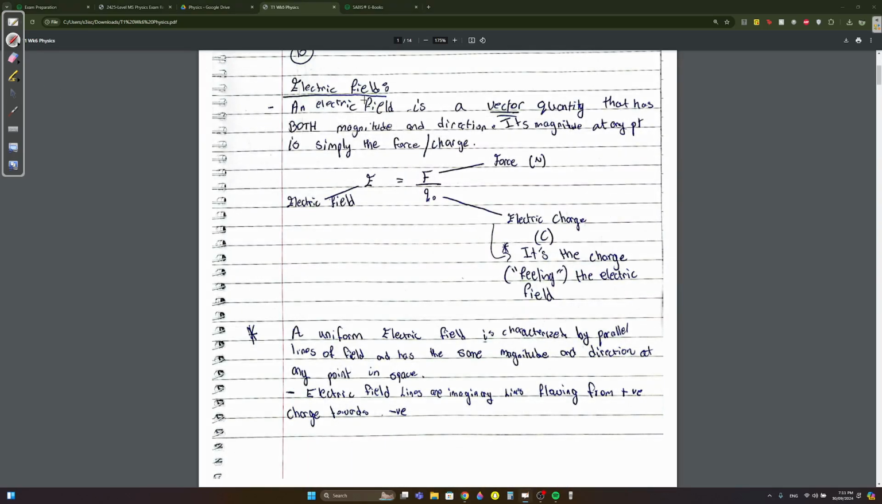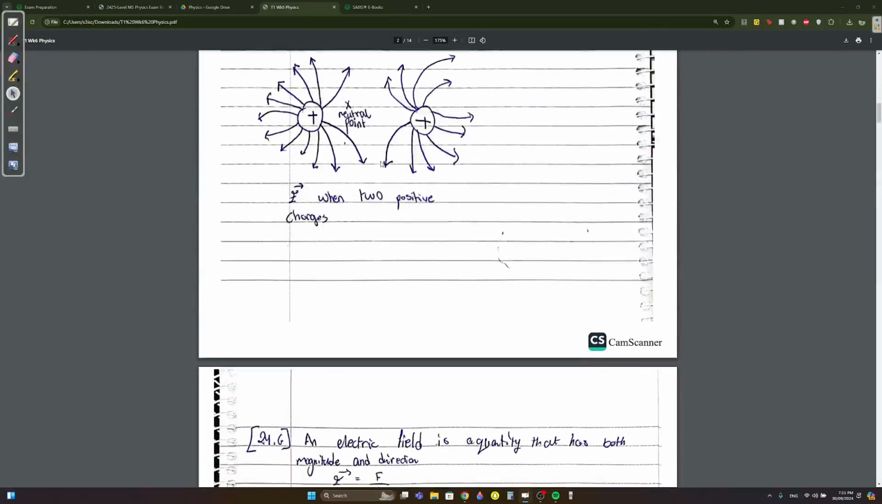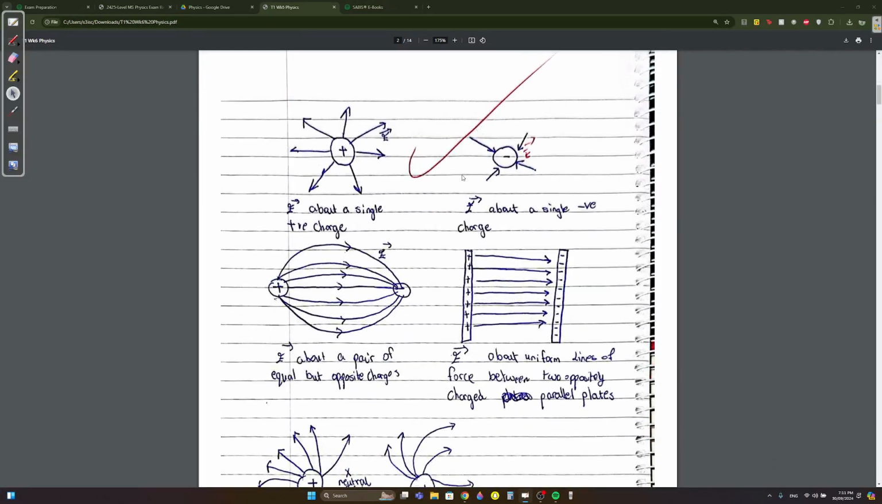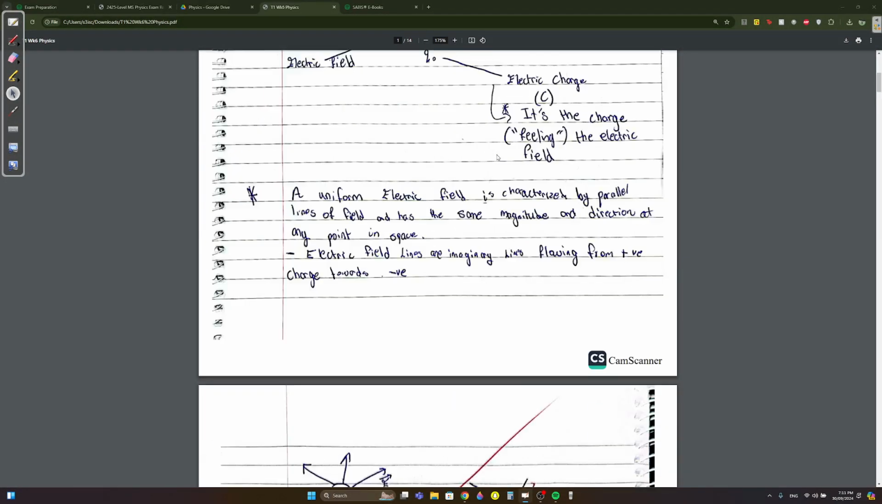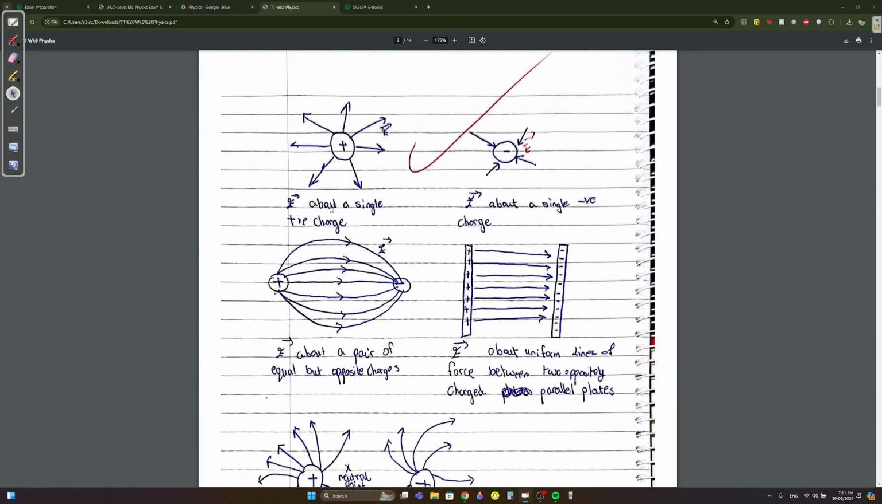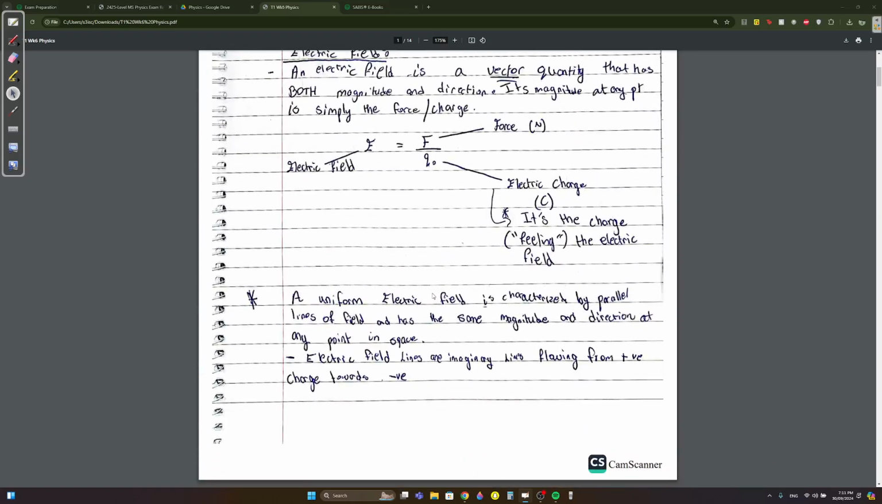It wasn't asked in the quiz. Oh no, no, we don't. It's not required. Electric field, skip it. It's not required. But electric field has its own equation. Okay, F over Q node. Okay, whatever. This is about a single positive charge. The electric field is always